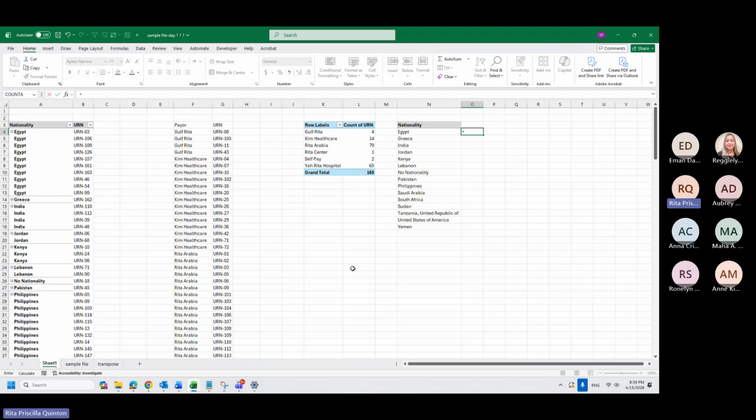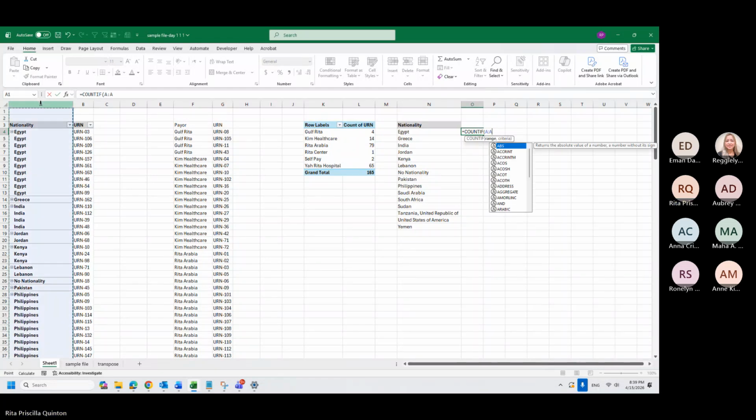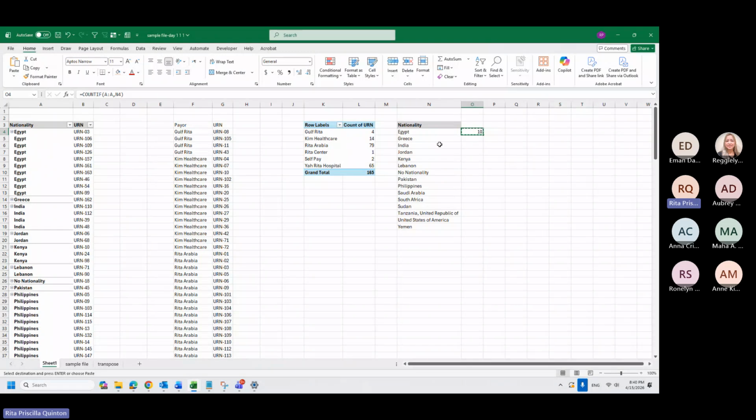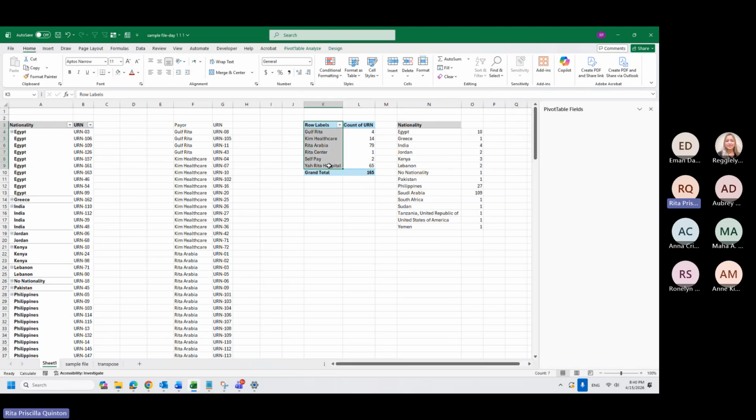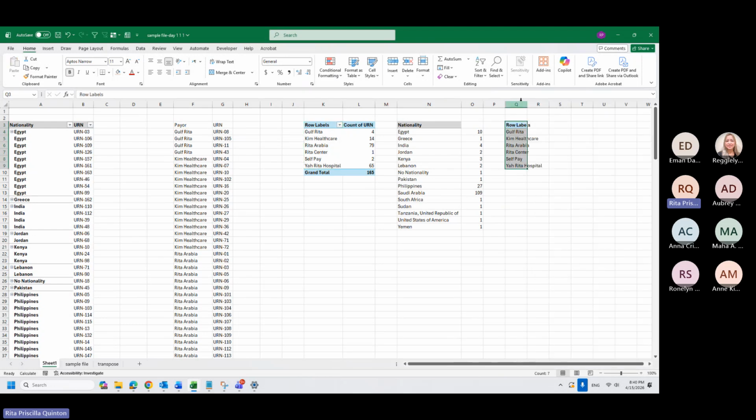So I can use COUNTIF, my range is the same as Egypt. Right, so this is how we will read it. So now I will have 10. I think we have 109 for Saudi a while ago. So let's see if that will work. Yes. Okay. I can also use this here. Actually, when we did this, we can also do that. I need the titles. So I will also again use COUNTIF.